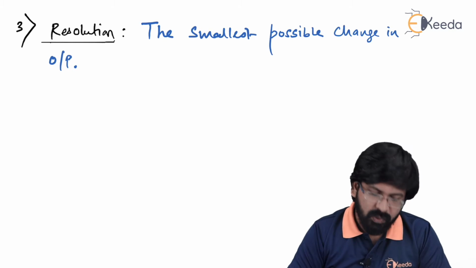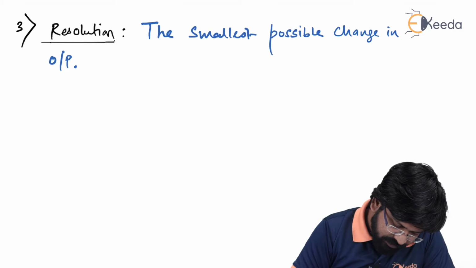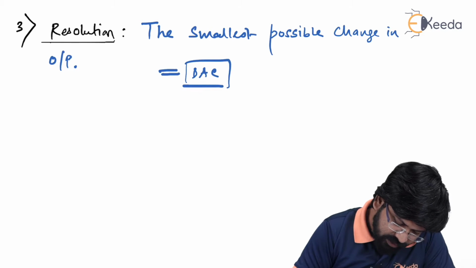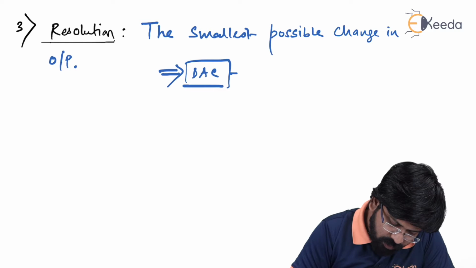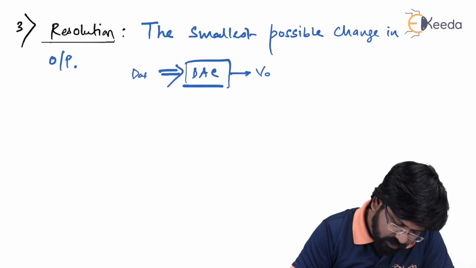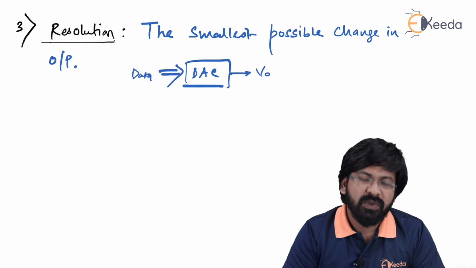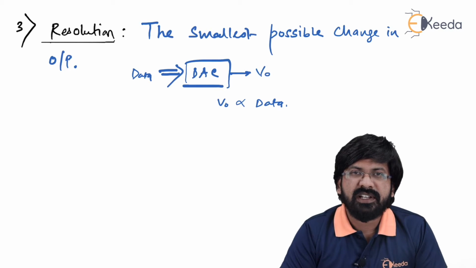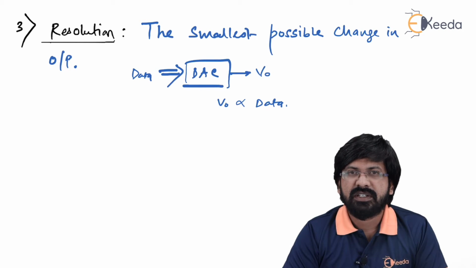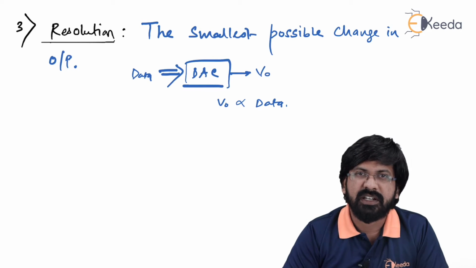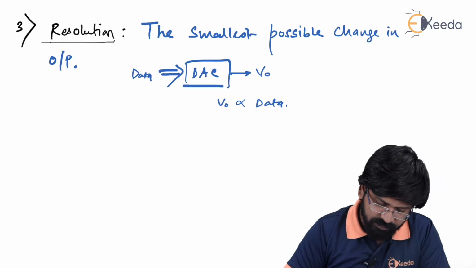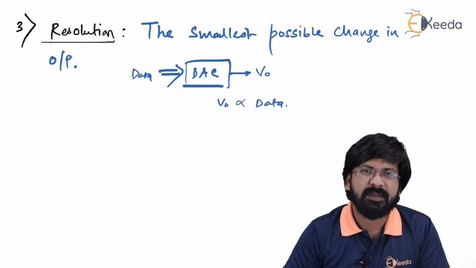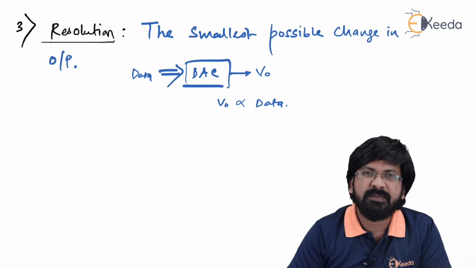So in this case, we will see how to deal with this. For example, assume a DAC, where the input is digital data and the output is output voltage. So what we have here is data. So this is basically a data to voltage converter, am I right? And we know that the output V0 is directly proportional to data. If the value of data is increased, V0 will increase, and of course if the value of data is decreased, then V0 will decrease, because output is directly proportional to input. So if you give, let's say, minimum data, you'll get minimum voltage. I repeat what I said. If you give minimum data, you'll get minimum voltage at output.